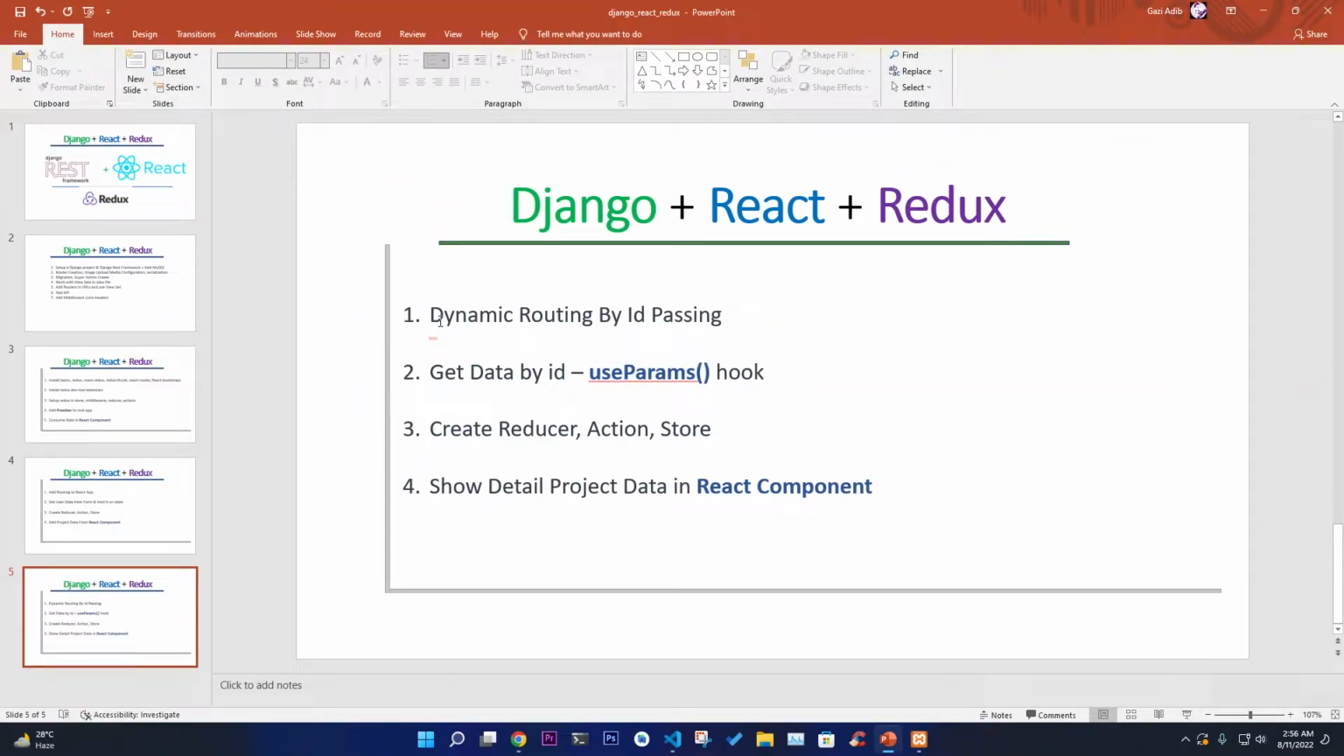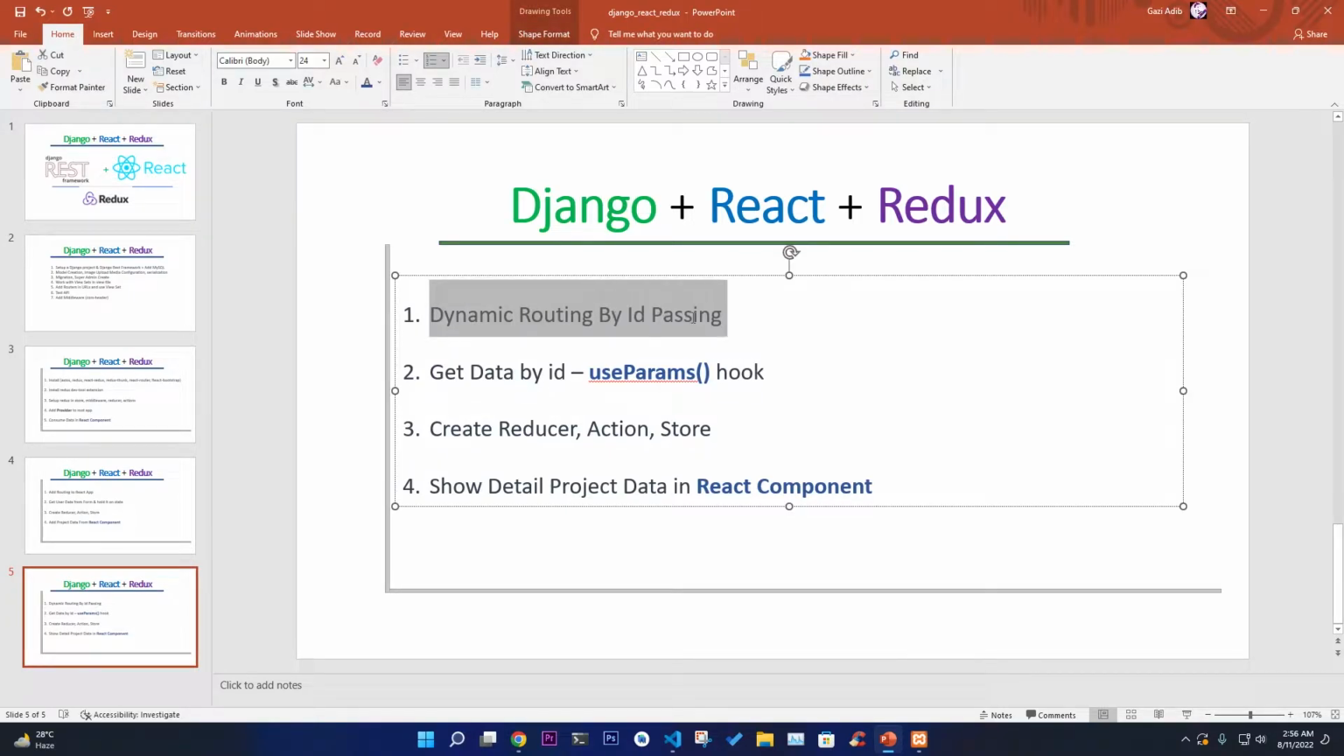So this is part 4 of our React, Django and Redux tutorial, and here we're going to work with our dynamic routing, and we're going to pass our ID into the API, into the URL, and based on this particular project ID, suppose ID 1, 2 or 3, based on this dynamic ID, we're going to get all of our data from our API using the useParams hook. So we're going to work with dynamic routing here. This is very important for many complex applications. You have to do this, and we're going to use our useParams hook to get the particular ID that we